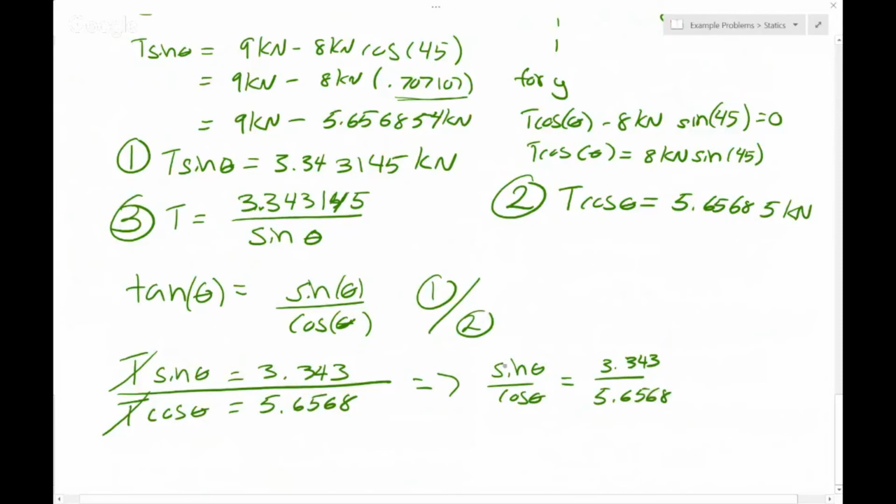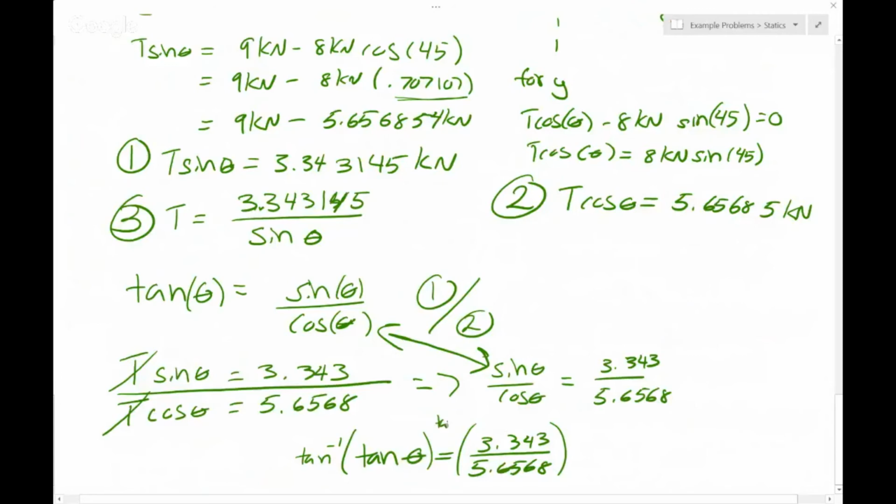And since we know that this here is just equal to that, we can substitute and get tangent of theta is equal to 3.343 divided by 5.6568. And once we have this, we can take the inverse of tangent, tan inverse, of both sides,